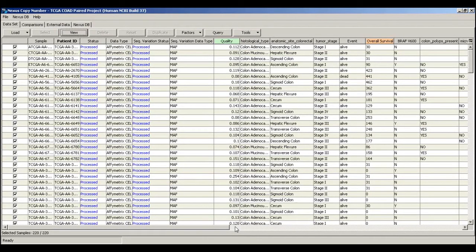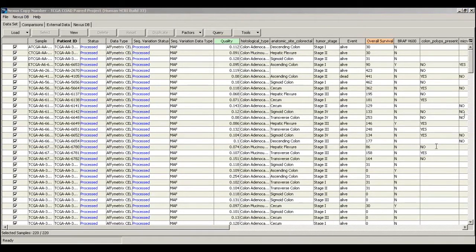Okay, so I think with that, we'll wrap up, and I'll take any questions. Just in summary, I've shown you today the integration of mutation and copy number information using the TCGA data set, specifically with the colon adenocarcinoma paired project. I showed you the aggregate and GISTIC functions for identifying both large regions of common change as well as specific enriched regions of focal events, which included that F-hit deletion. I showed you some of the enhanced filtering options, which included